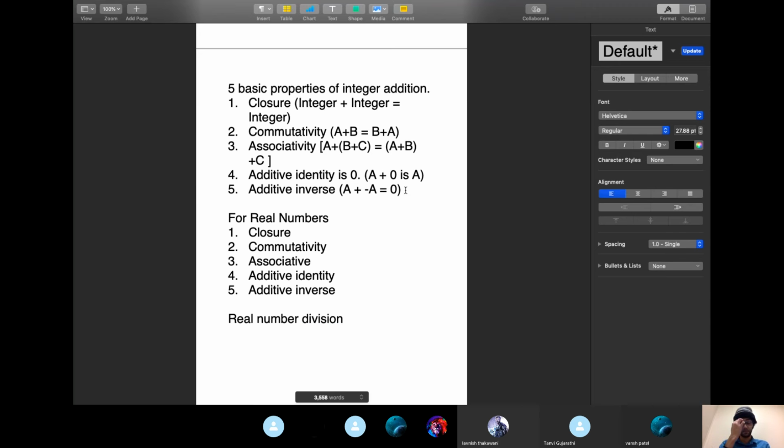But now let's look at real number division. Can I divide any two real numbers and get another real number as the answer? Think. I don't want you to type anything. Just think about it. So we did this for addition. Now we are looking at it for division, and we are seeing if all these properties work out. Can I divide any two real numbers and always get a